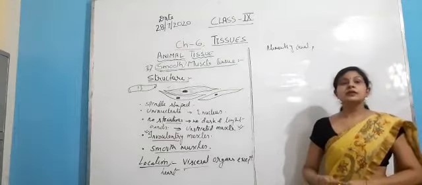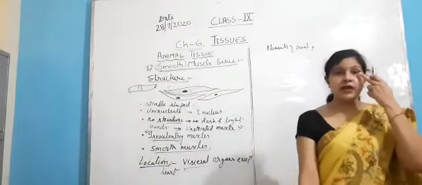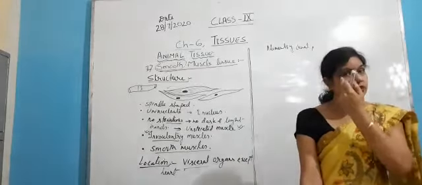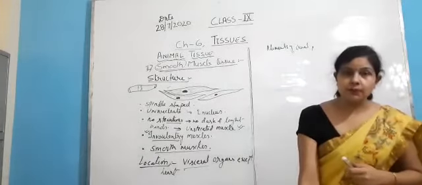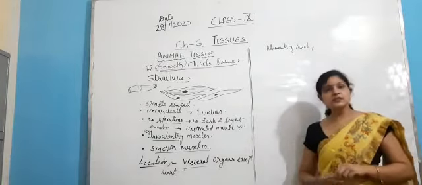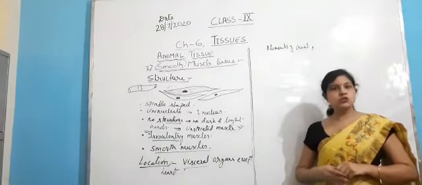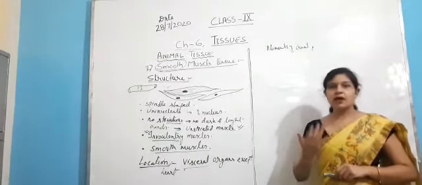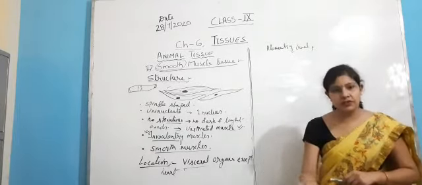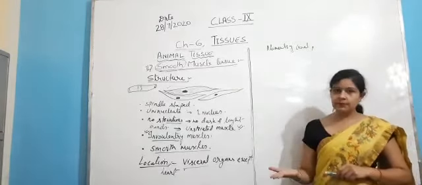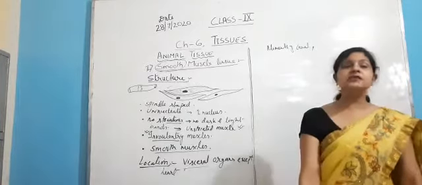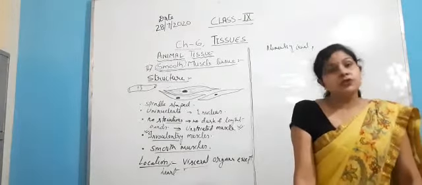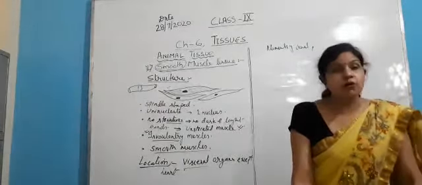Along with that, the iris of our eye. Iris of our eye, you can see the black portion. Okay, the big black portion in both our eyes. This is called the iris, which gives the color of the eye. Some have brown, some have blue, some have green colored eyes, and most of the people in India have black colored eyes. So that is called the iris. The movement of the iris is also because of the smooth muscles.